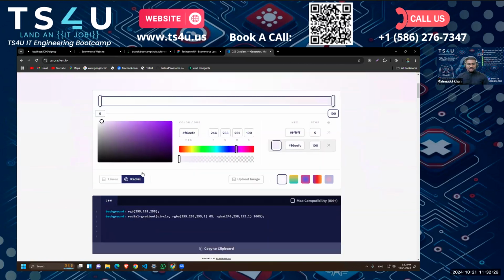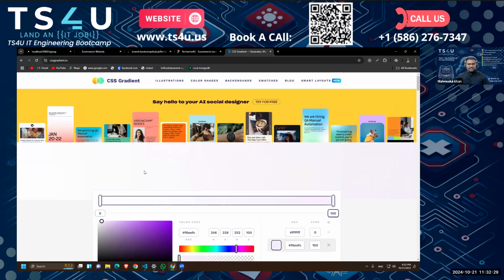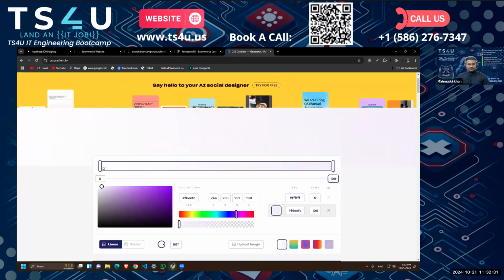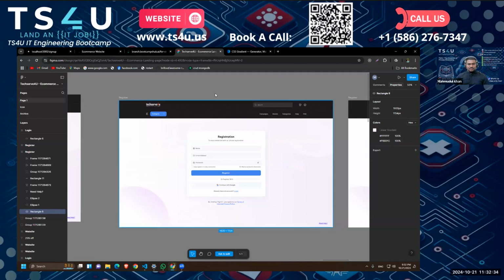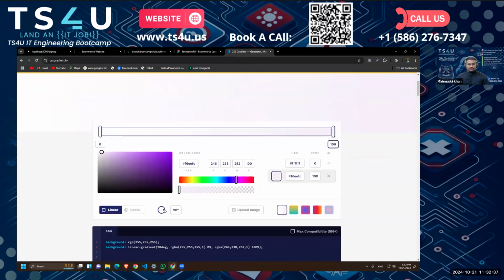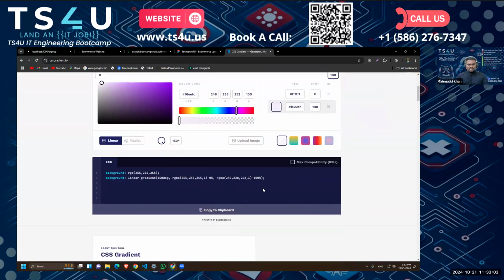Okay, so we have our gradient, and it's not going to be radial, it's going to be linear. Okay, I think that's good. And let's see. I think we should add an angle too. All right, not this way. Okay, that looks good because the white and the colors are not really linear, like half and half. There's a slight angle here, like this way. So that's why I'm taking a 150-degree angle. Okay, now I'll just copy this one